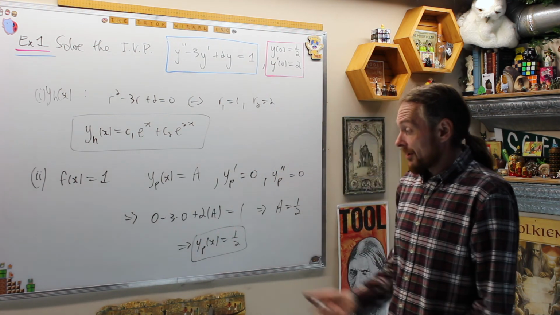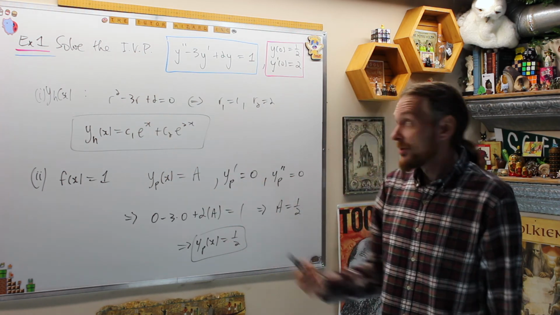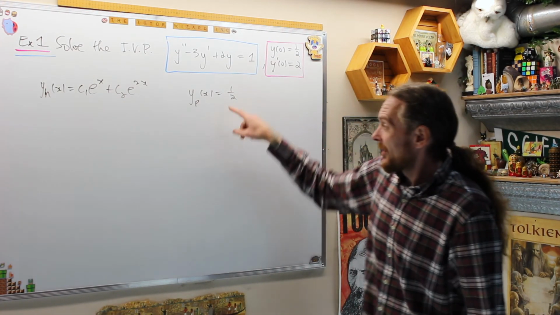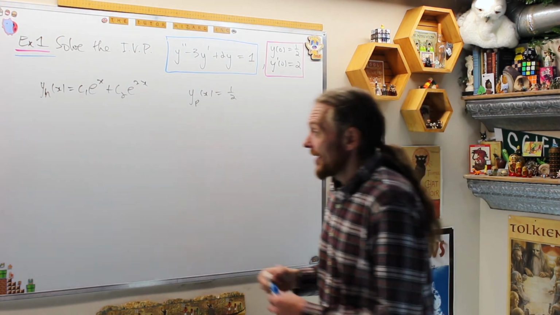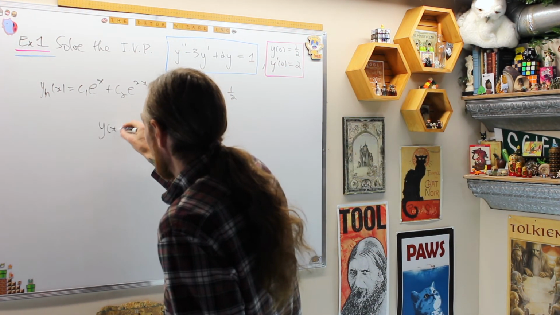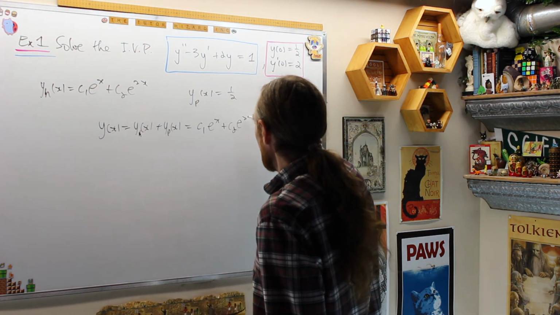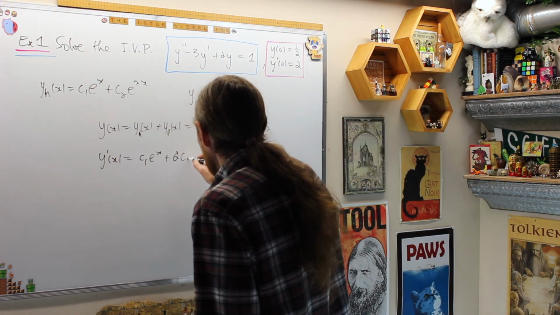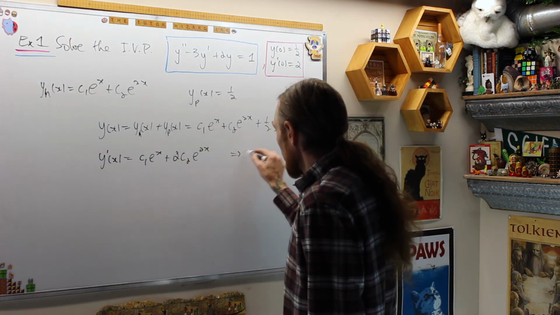Once I have the particular solution, I have a homogeneous solution, I have a particular solution, I have the general solution up to the constants. I'm going to use the coefficient to plug that in. I'll do it one more time. This was the homogeneous solution. This was the particular solution we found using method of undetermined coefficients this time. That says that the general solution, y of x, is equal to y homogeneous of x plus y particular of x, which is c1 e to the x plus c2 e to the 2x plus 1/2. Now the derivative, y prime of x is going to be c1 e to the x plus 2c2 e to the 2x plus 0. And then using the initial conditions